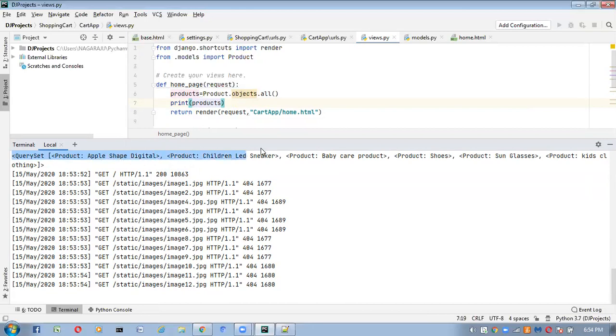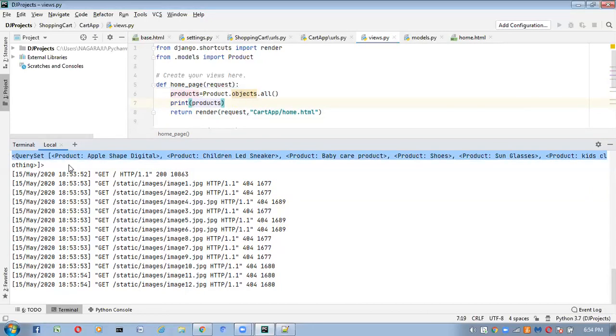Next, children led snacker. Next one, baby care product. Next, shoes. Next, sunglasses. Next, kids clothing fashion, and kids clothing. Total 6 products we are getting here. Inside the database, total how many products are there? 6 products are there, and here we are getting all 6 products.